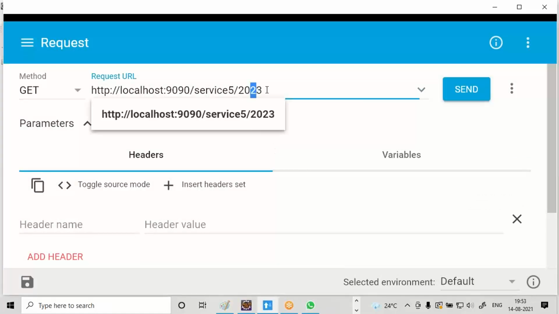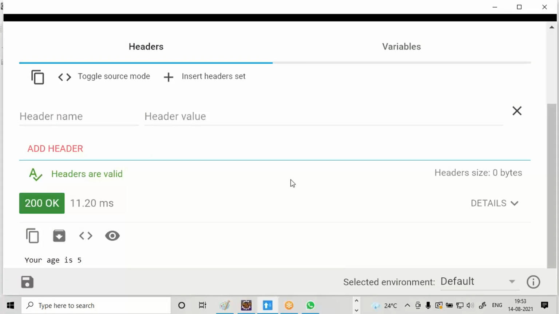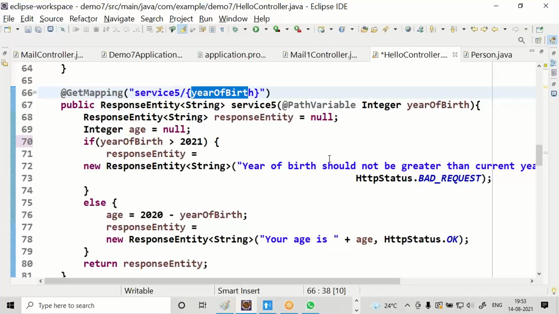Assume you are supplying a proper year of birth. Let us consider 2015. Click on send. What is the age? Your age is 5. It is taking 2020 only. We modified it to 2021 afterwards, but we didn't restart. Let me restart.